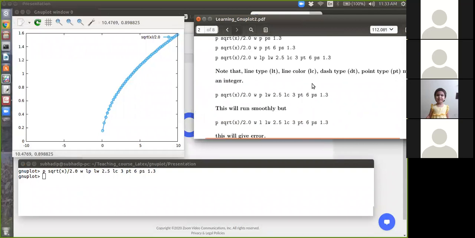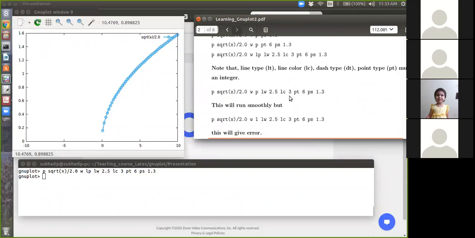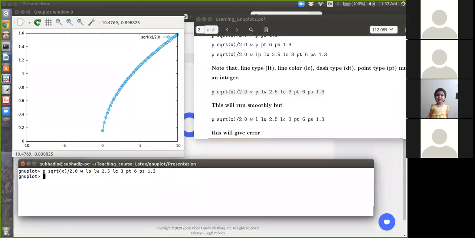Now the next thing is, so yeah, so if you want to plot, say this one, okay, if you want to plot with only point but the line command will be applicable, so what it will do, I will change the line color to 7, it is red.